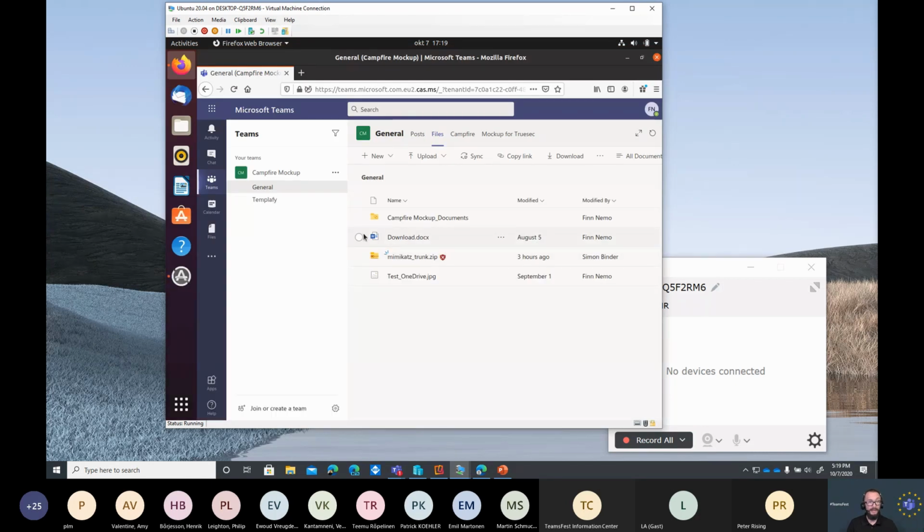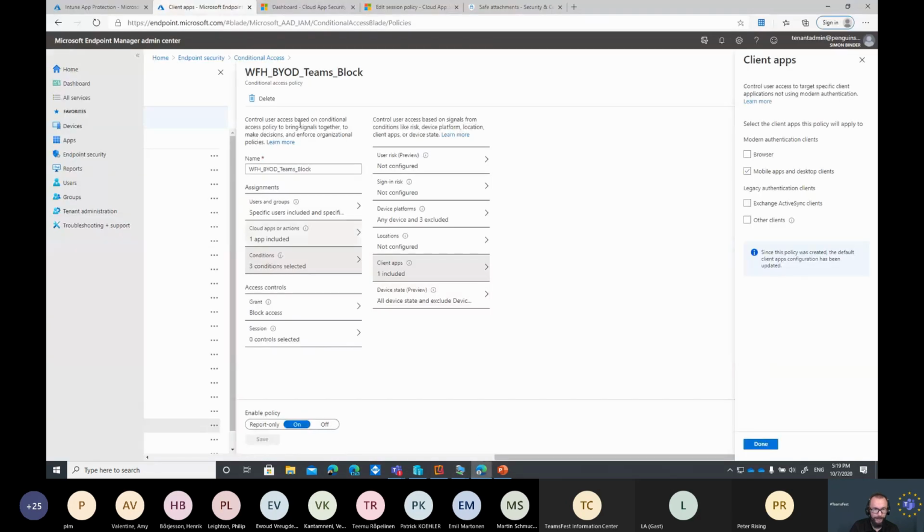There we go. And this is exactly the environment I wanted you to see on the MacBook. So in this case, I've been blocked from using the Teams client, also on Linux, and using conditional access on Linux. And I'll actually throw that in. I usually save that for other sessions, but we'll throw it in for now.